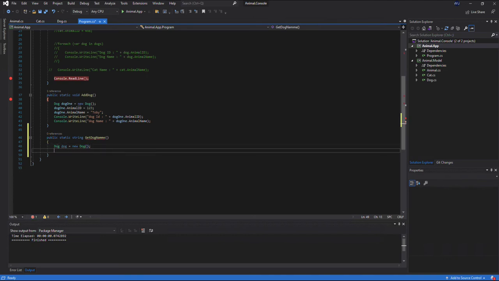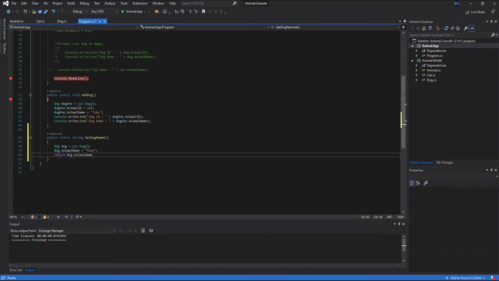So dog dot name, the animal name is equal to, let's say, Snow. Since the purpose is only to get the dog name, what we'll return is dog, the animal